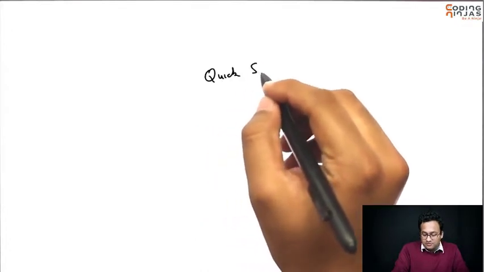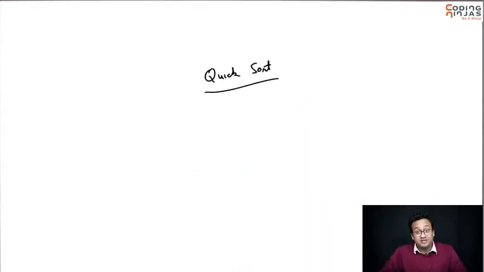So in this session, I want to discuss another very interesting algorithm called quicksort. As the name suggests, quicksort is really quick. So again, a sorting algorithm. Again, much better than insertion, bubble, and selection. Arguably better than merge sort. So we can argue either way. We'll talk about which one is better.